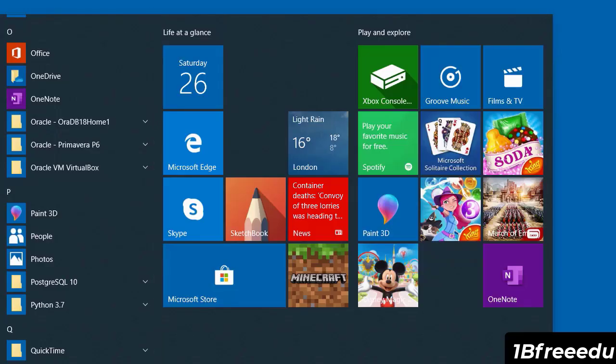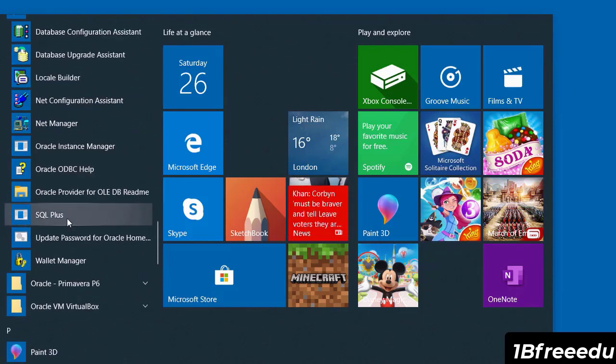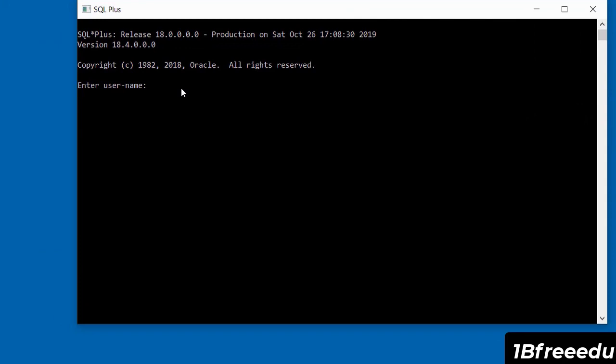So I'm going to be using the Oracle SQL Plus to unlock the schema. So let's access the SQL Plus. I click on my Oracle folder and I look for SQL Plus, and the account I'm going to use is the sysdba. So what I'll do, I'll type in SQL Plus